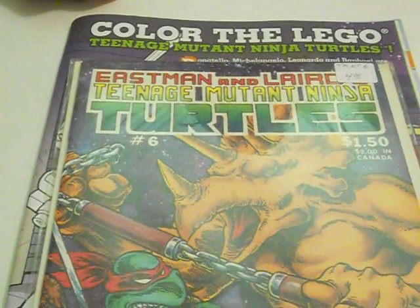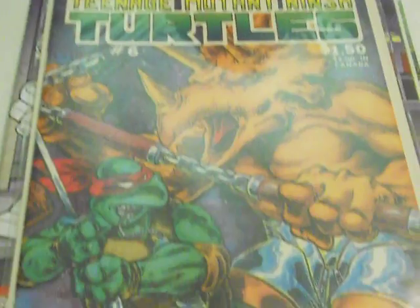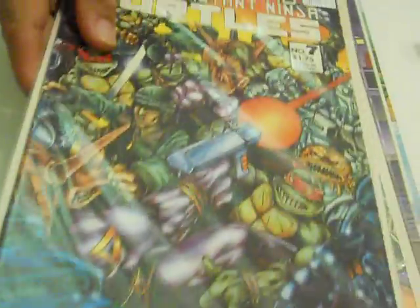You'll notice that these are not the Archies. A lot of the ones that you'll find will have Archie up in the top, and I'll get into that in a bit, but they had their own line through Mirage Studios before they had sold the rights over. So we got issue 6, 7, 8,